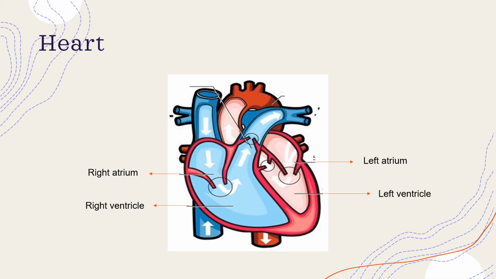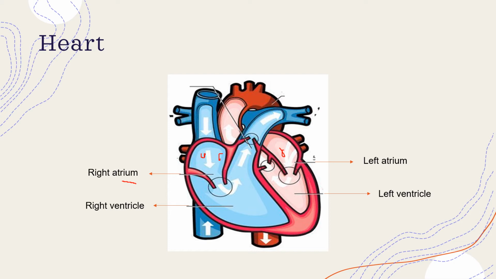So this is the structure of the heart. For now, I have only labeled the four chambers which we are talking about. It is the right atrium, as I said. The left hand side in the mirror image will be the right hand side, so it is called the right atrium. The upper parts are called atrium, also called auricle. So right atrium and left atrium.